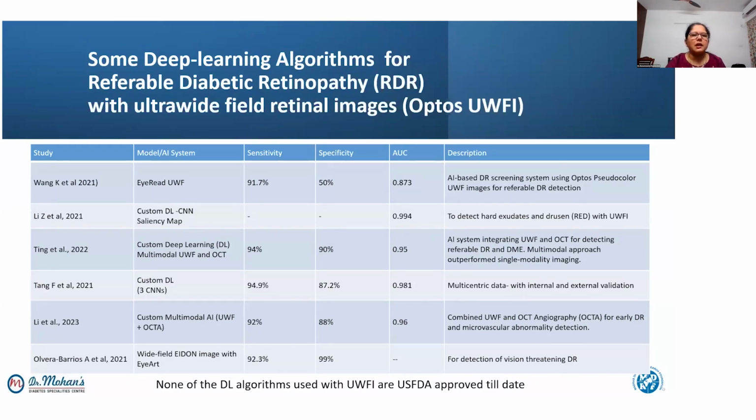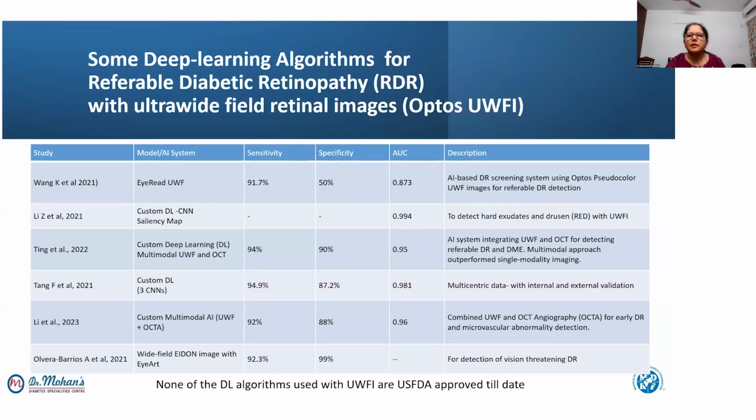And Ting et al. looked at multimodal imaging, with both Optos ultra wide field images as well as OCT together, so it could detect both DR as well as DME. Multimodal imaging deep learning algorithms outperform ones with just single mode imaging. And this one, I think, is a multicentric study by Tang et al., where they used 3 CNNs